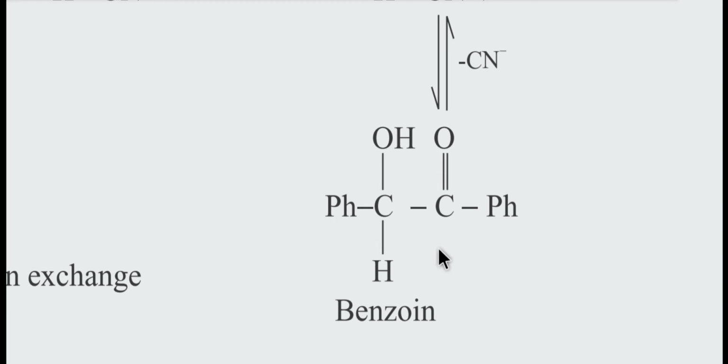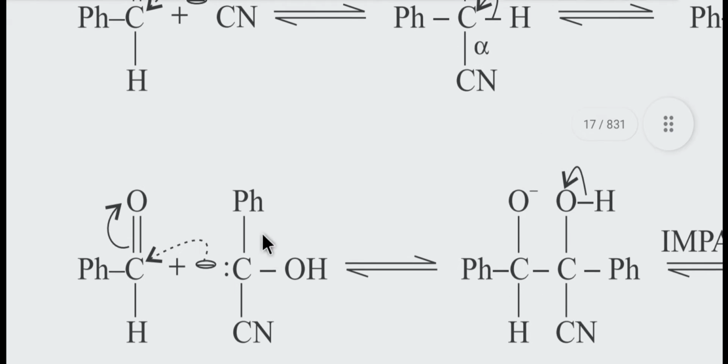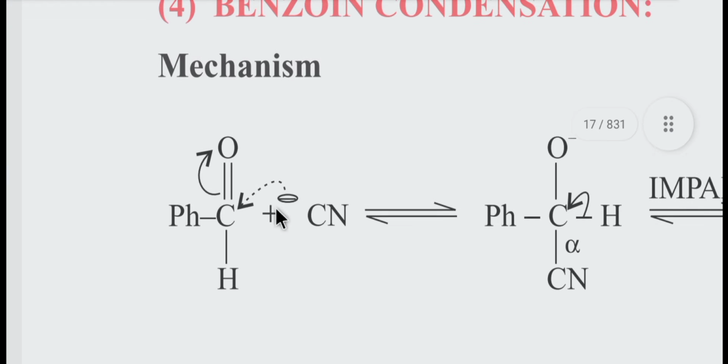It has many uses in organic chemistry as well as in many branches and many fields of the sciences. In many fields of the laboratory, benzoin has very large use. So it is a very important organic substance. So let's synthesize that. Let's start the mechanism of the benzoin condensation.